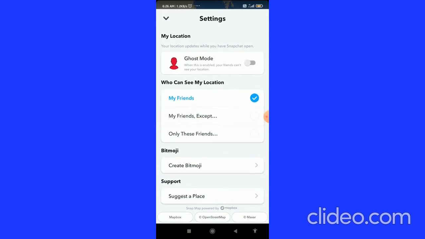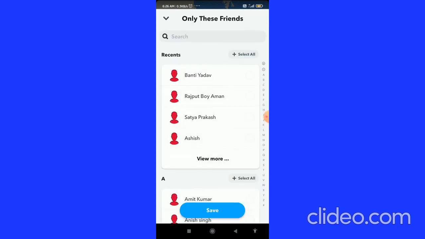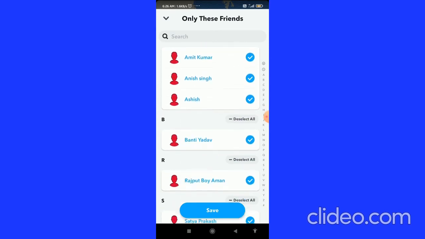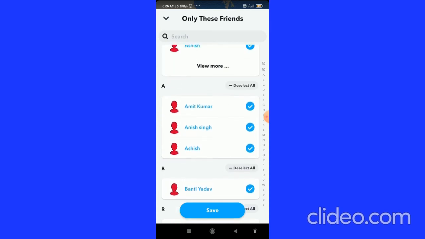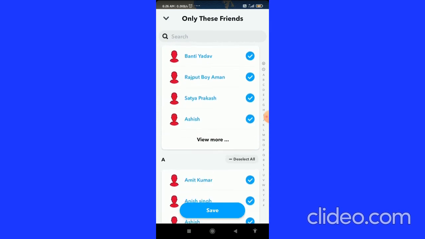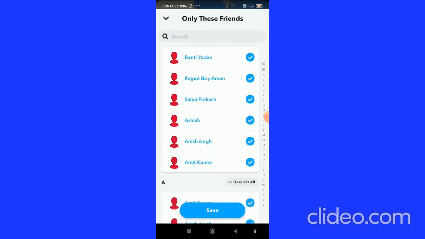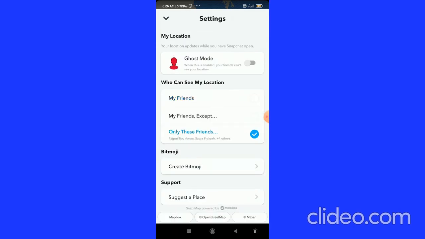You can see "Only these friends", so you have to click on "Only these friends", and then click on "Select all". When you click on select all, you can also select friends one by one. After selecting, you have to click on the save button, and when you click on the save button, then here